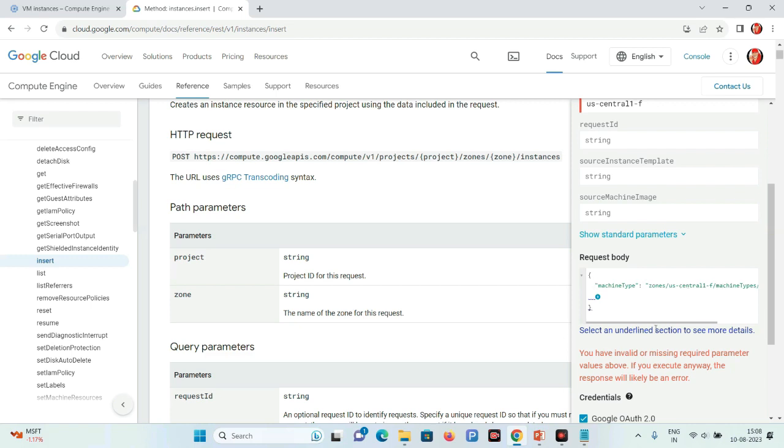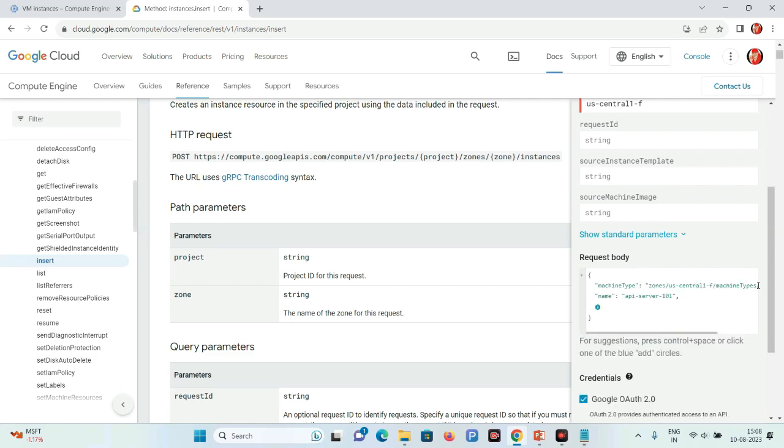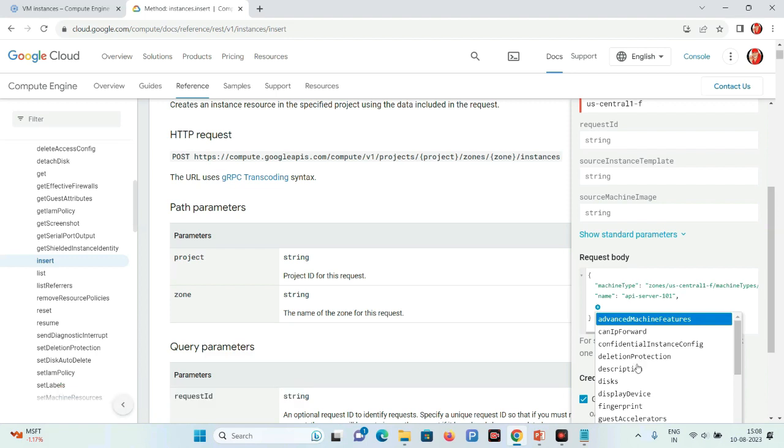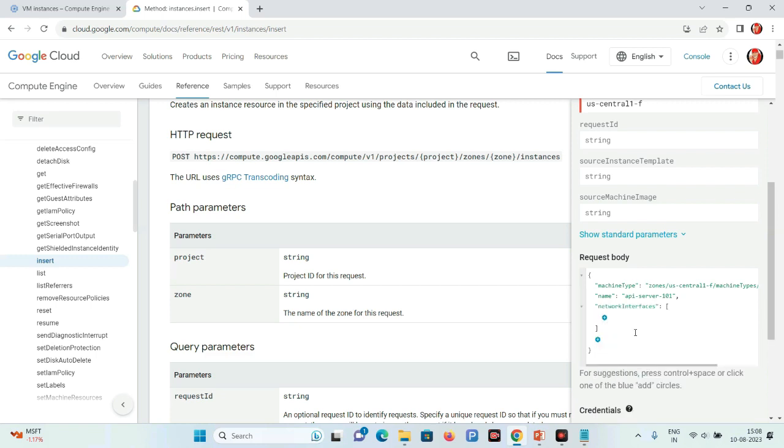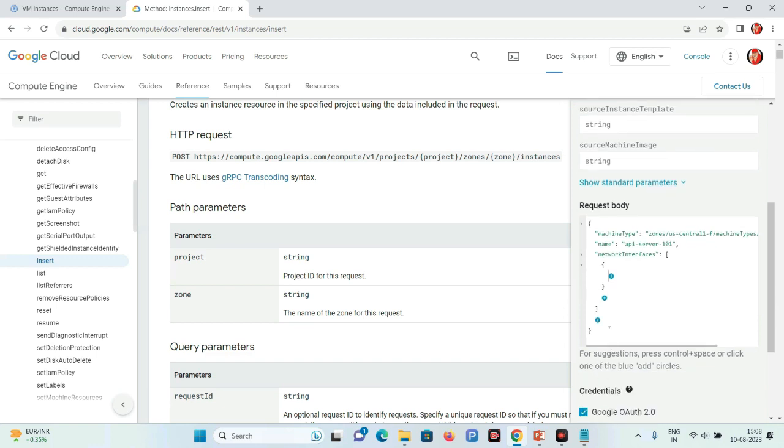First you can add the machine type, then second you can add the name of the server, then you can similarly click on plus icon and select the network type. Guys, network interface here, as I mentioned, leave as it is on empty. Click on plus icon, click on add item here, then guys click here after the square bracket, then select